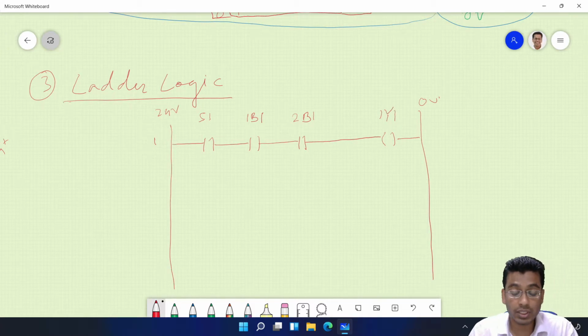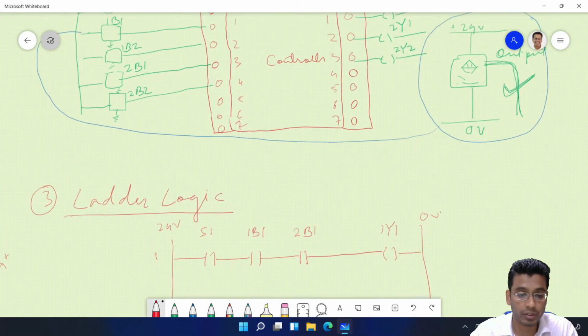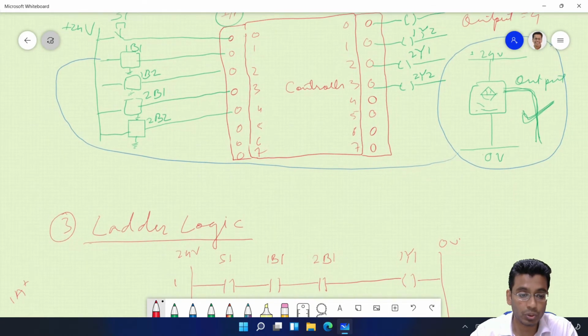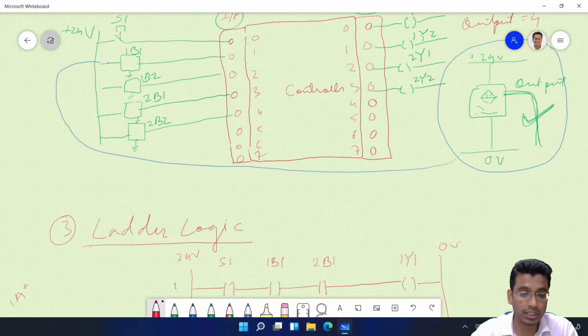Okay. So these are only the generic names or the common names. You actually have to give the addressing to these inputs. Okay. So let us do the addressing. So S1, what would be the addressing for the S1?